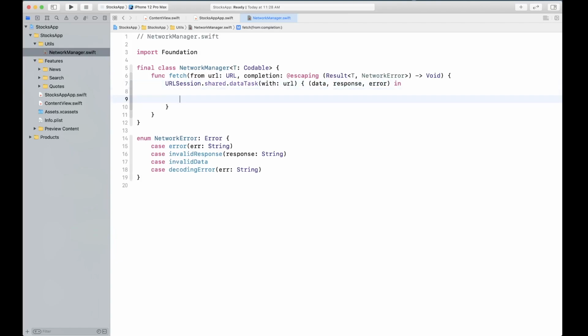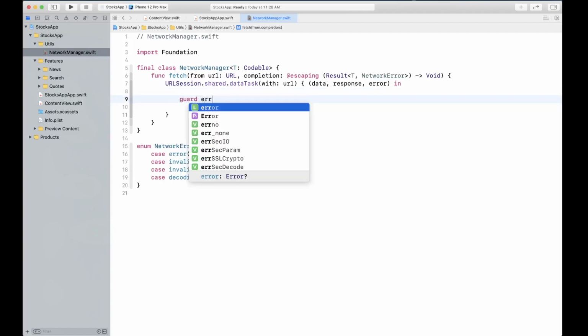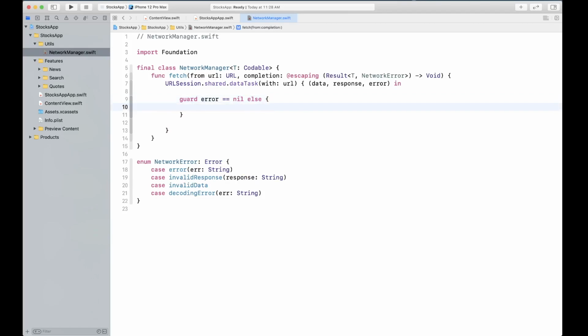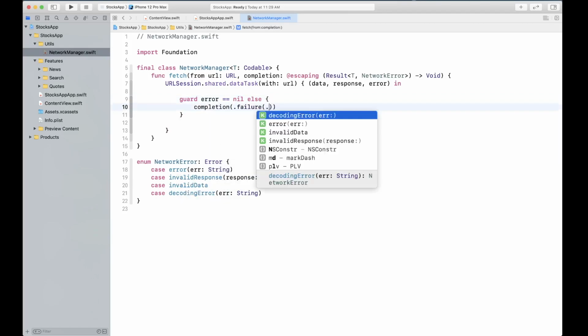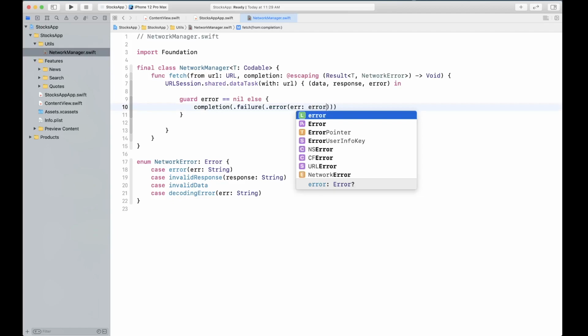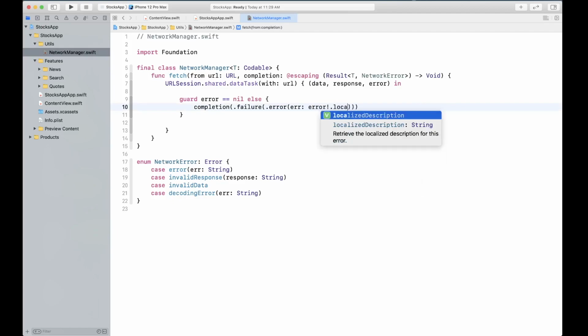Okay, now we're gonna be watching out for a few things, so let's go ahead and guard ourselves from different error scenarios. So we're gonna say guard error is nil, then only proceed, otherwise call the completion with failure. And in this case, network error is going to have error, and for the error string we're going to use error force unwrap this. And the reason we are force unwrapping here is because